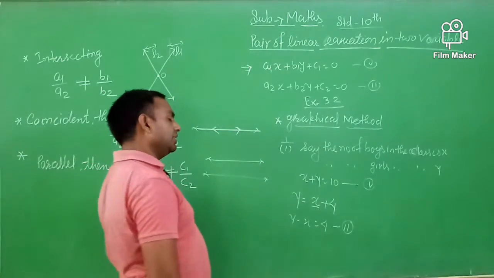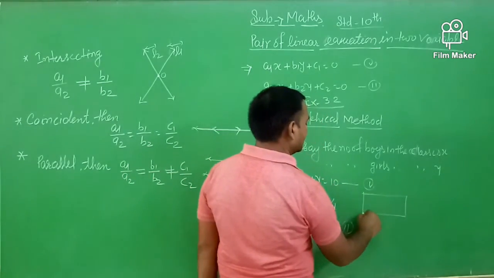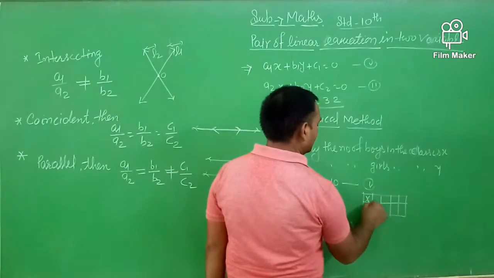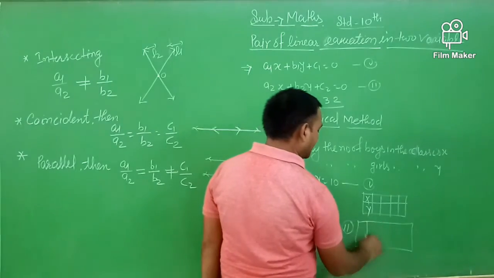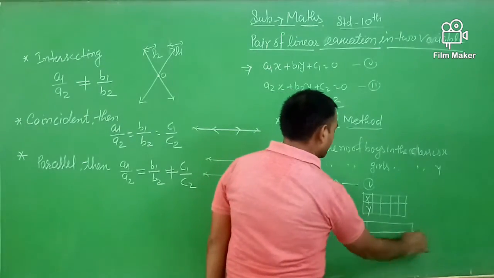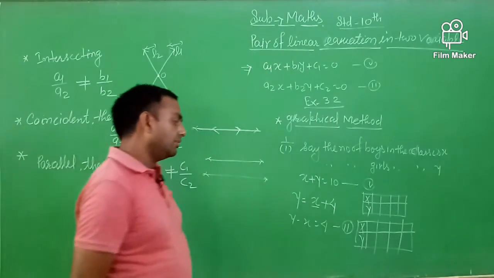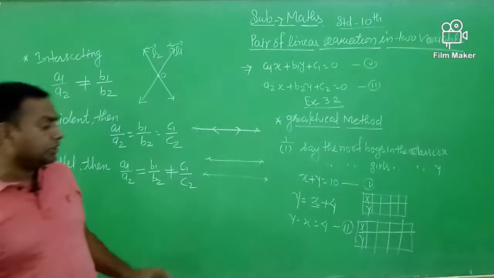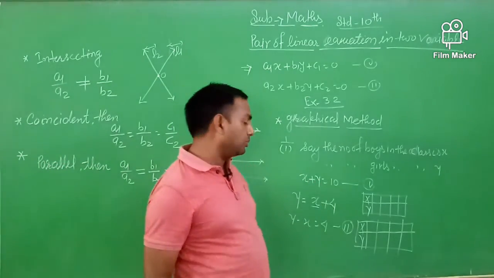Then after that you take the value of X and Y for the first equation and second equation respectively. Here you solve for the X and Y of both equation number first and second. So I solve for the minimum 3 values of X and Y. In both equations, I take the first equation X plus Y is equal to 10.